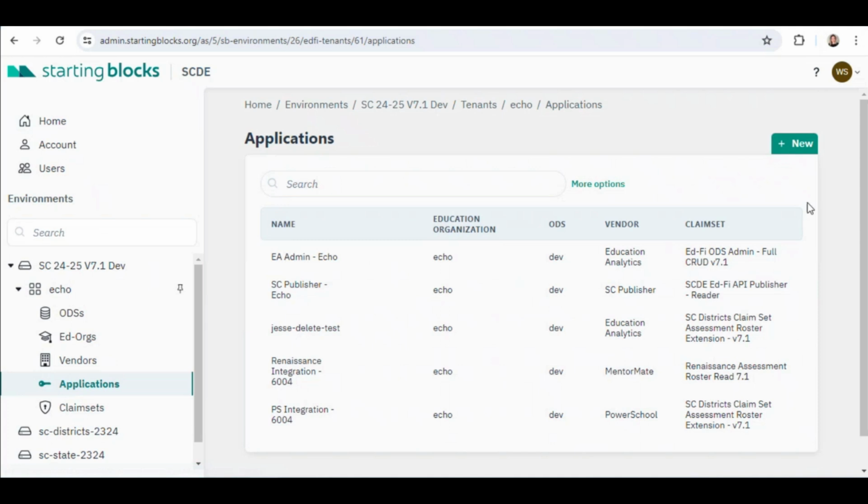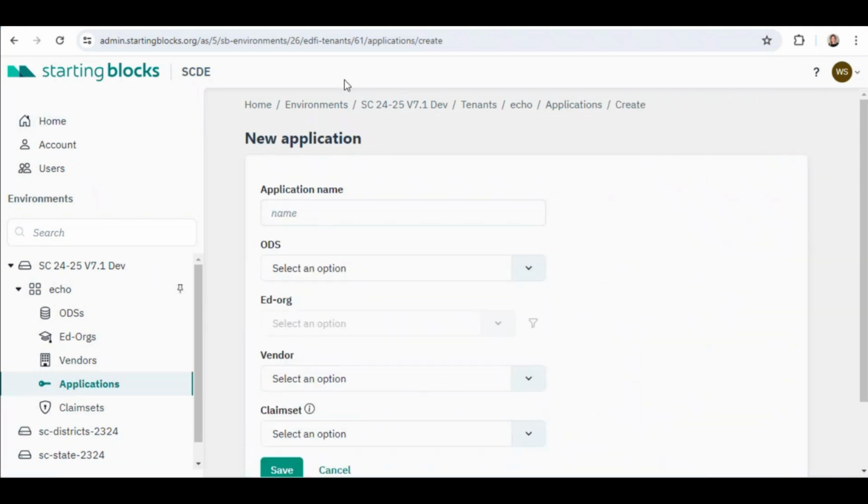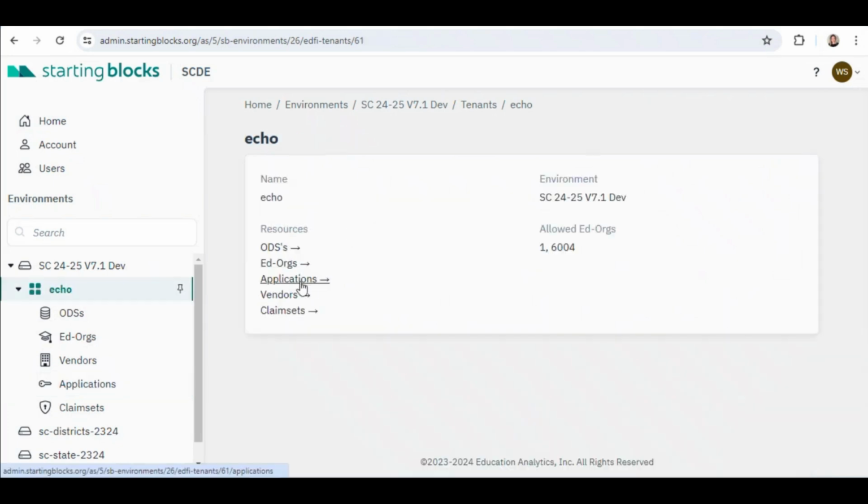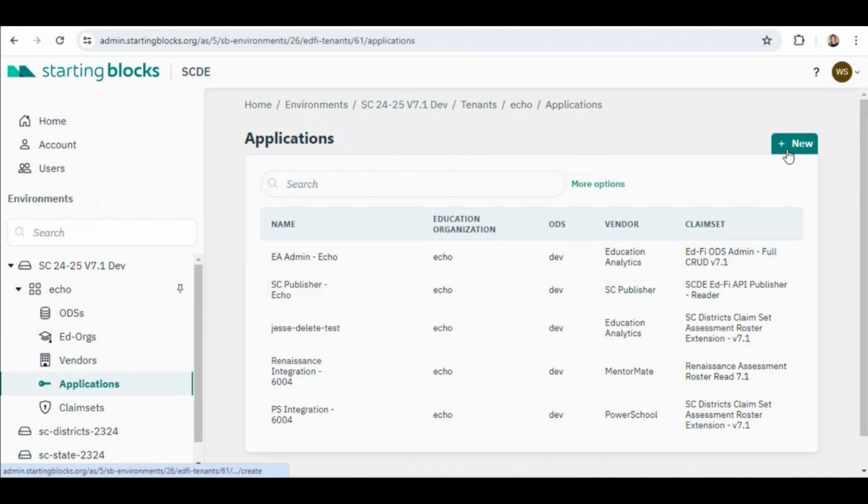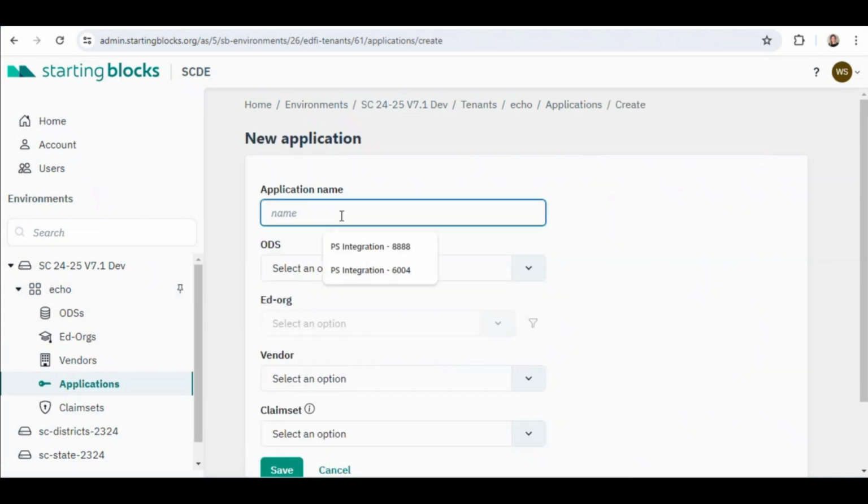What you're going to do is you're actually going to create what's called an application here in a second. And the naming convention that you're going to use is going to be like this one you see down here at the bottom. So let me show you how you would do that. I've already created this one here, this PS integration, and then followed by a dash and the district number. So let me backtrack to that just for a second. So you will click on the green New tab, and then for your application name, the naming convention is PS integration. So PS space INTEGRATION space dash space, and then your district or district number.